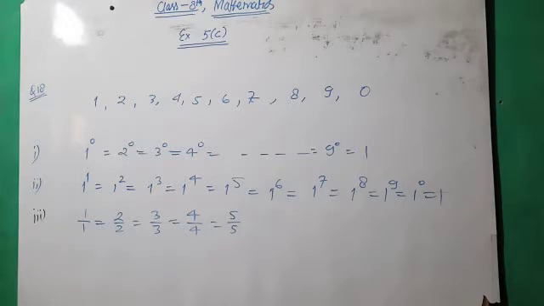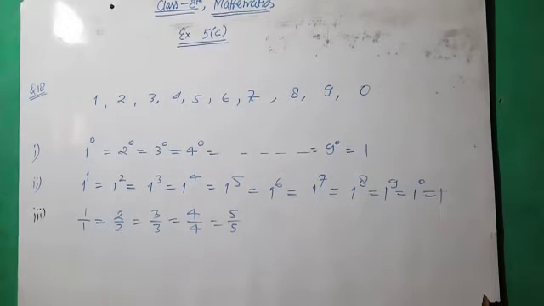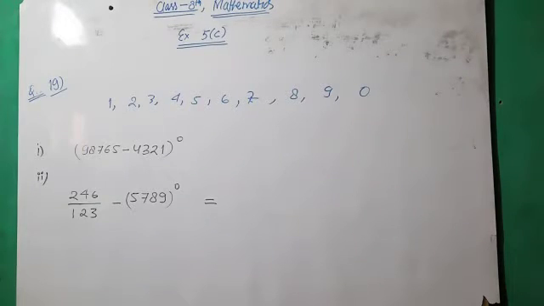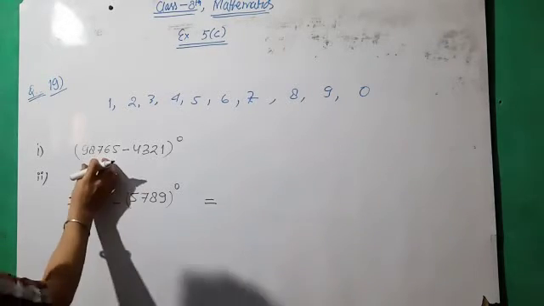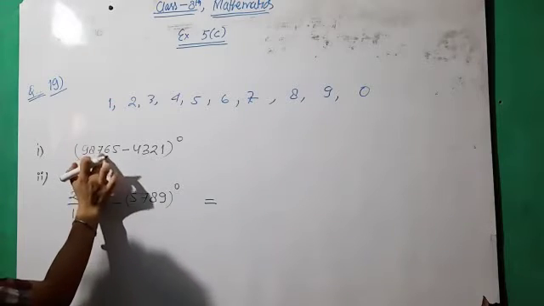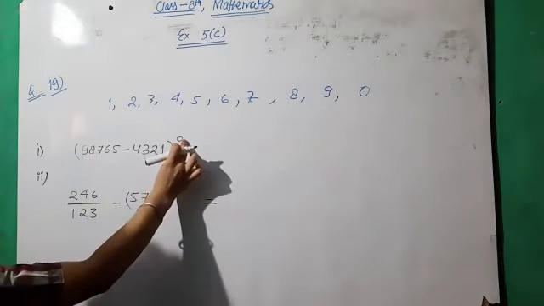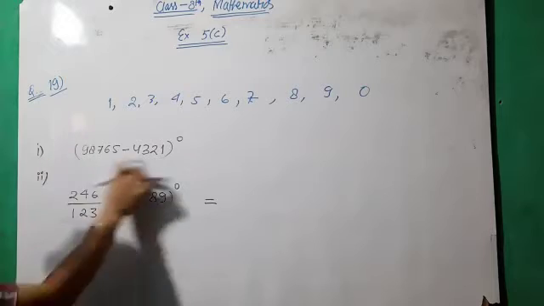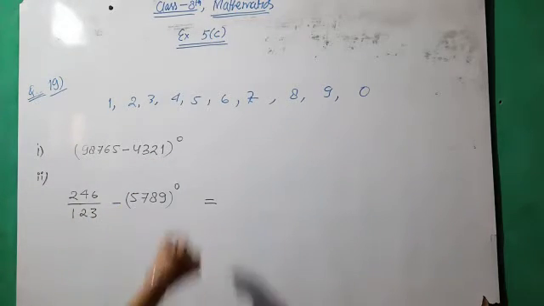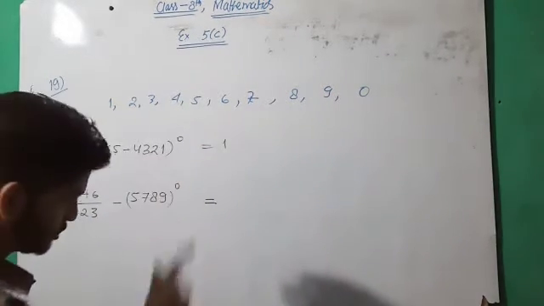Now question number 19. Write 1 by using all the 10 digits. Okay, we have to write 1 using all the digits for making a single one. So the first example is this. We can use all the digits 9, 8, 7, 6, 5, 4, 3, 2, 1 to the power 0. If a number has power 0, then the answer is 1. So the first one is very simple.